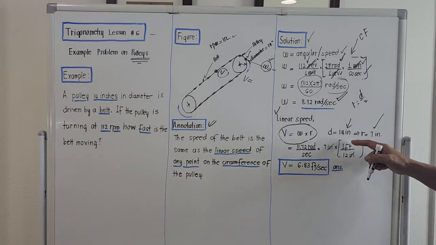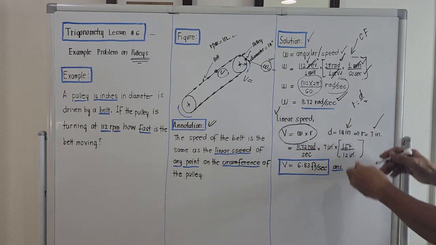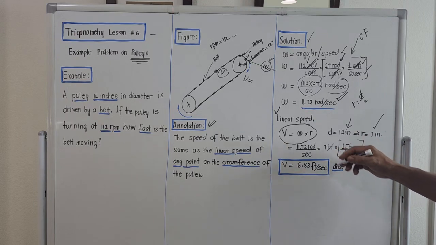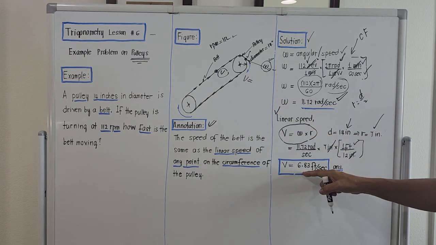So this is multiplied by 1 foot per 12 inches. The operations are all multiplication, so we are free to cancel something on the numerator and denominator, and this inch cancels with this inch. What remains is simply feet per second. If we multiply 11.72 times 7 over 12, the linear speed of the belt is 6.83 feet